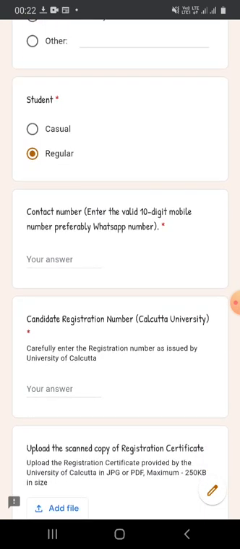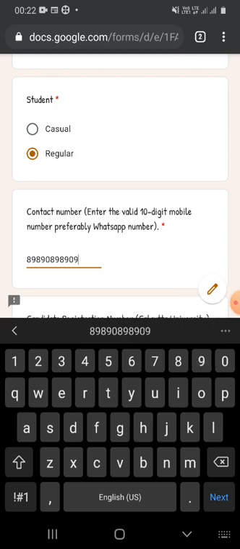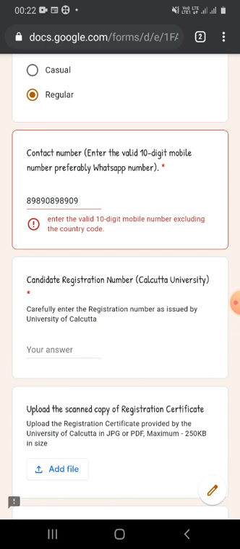Contact number, it should be preferably your WhatsApp number. Now if you provide a space and then a 0, or if you enter wrong mobile number, it will give you a warning. So enter the valid 10-digit mobile number